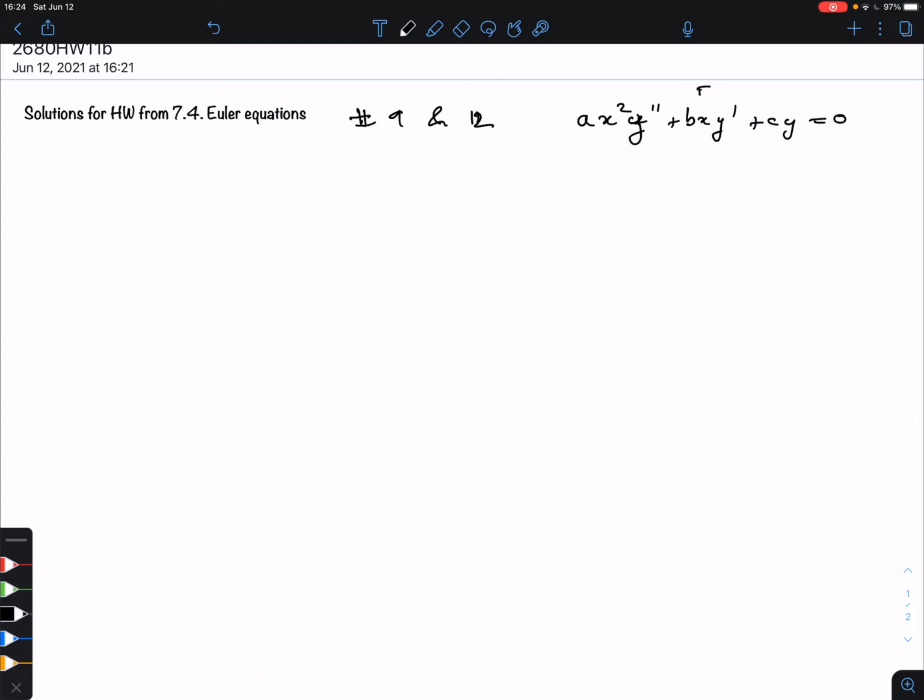So these are called Euler equations. And typically they're not constant coefficients, but they have a x squared, b x, and c. So this is degree 2, degree 1, and degree 0, matching the order 2, order 1, order 0. And then what we need to do, this gives me the initial polynomial,